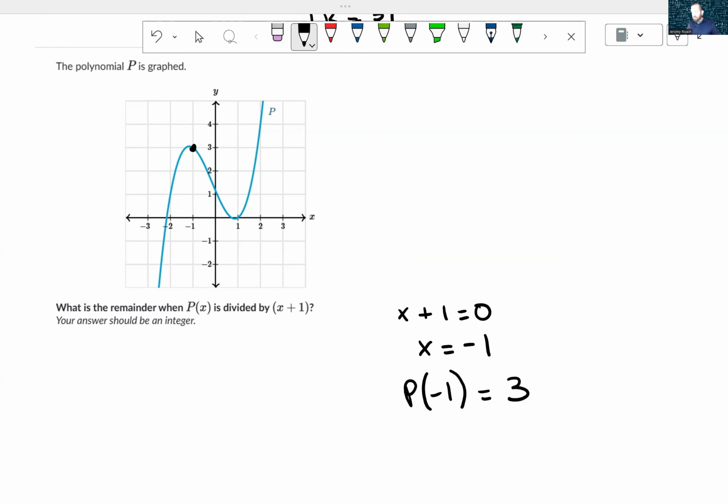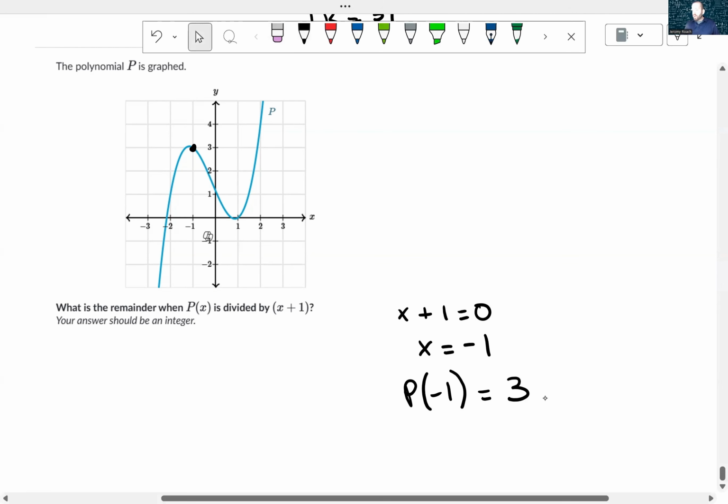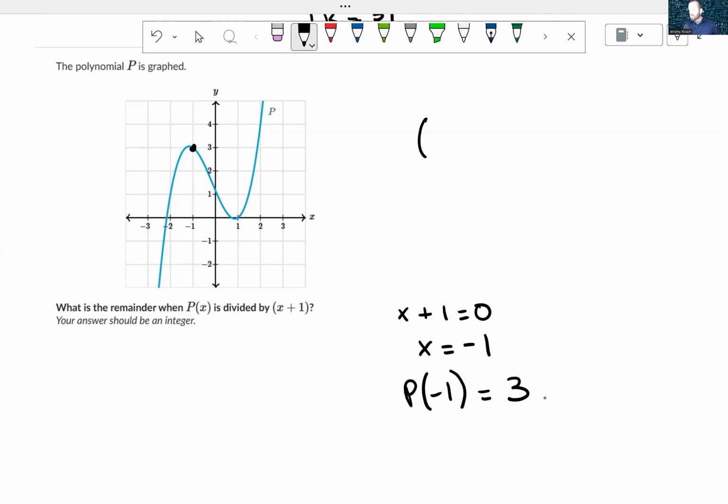This is a totally different problem, but our remainder is 3 again. So again, we set that equal to 0, plug it in for x, and find our corresponding y value, and that's what our remainder is going to be. If we don't have a remainder, it should cross the x-axis exactly. And so that's why when we have things in factored form,